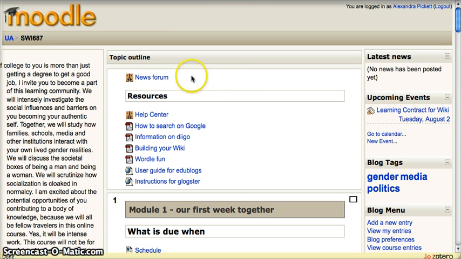I would also recommend that you not use the news forum, and this news forum is associated with this latest news block over here. The news forum actually looks like a forum. It's labeled a forum. It even has the same icon as a discussion forum, but in fact it's not. So though it is intended for you to post announcements, if the students were to have any question about any of the announcements you post or anything that you post in there, they wouldn't be able to ask their questions of you there.